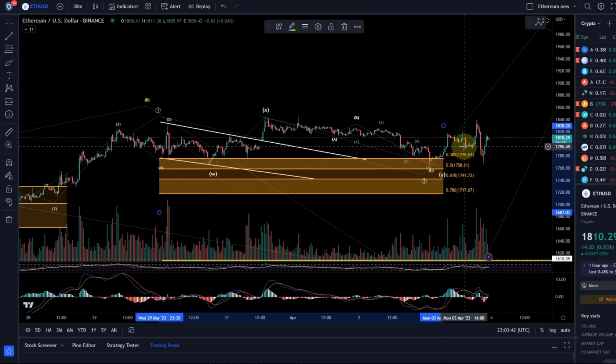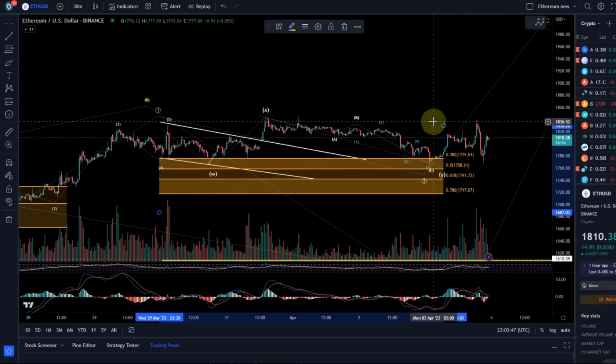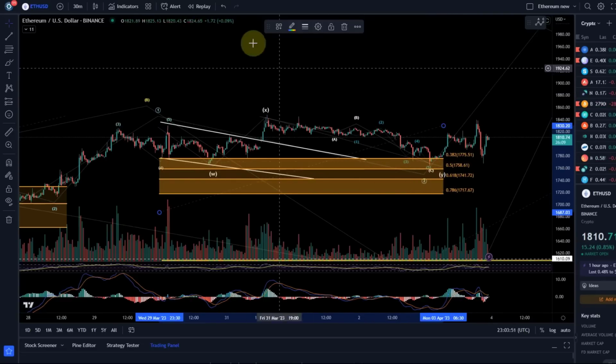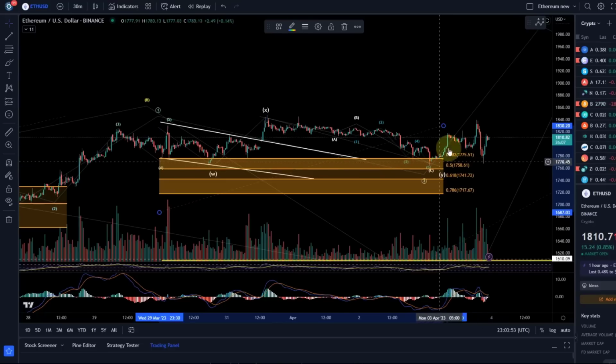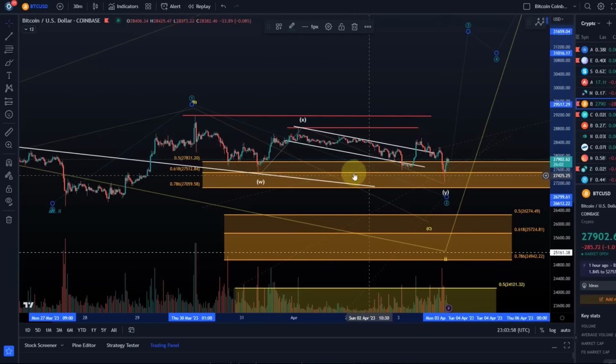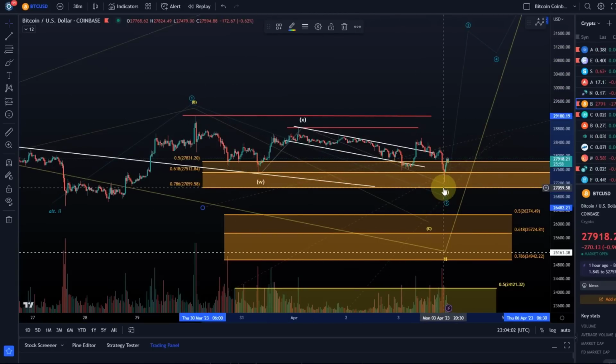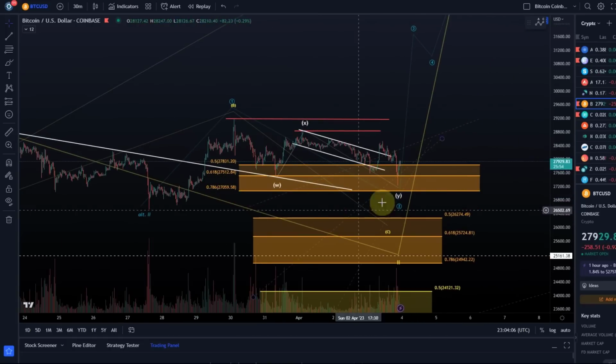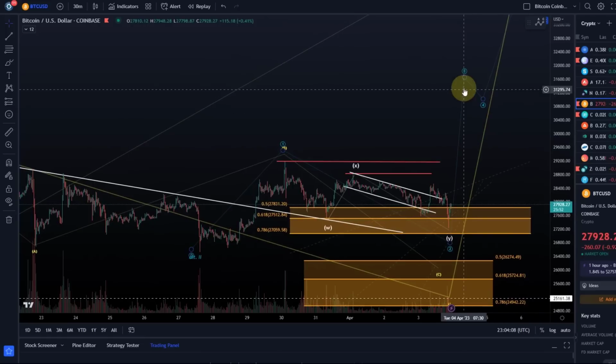This is a clear 3-wave structure to the upside. Certainly concerning. I mean, not concerning when we're still deep, I mean, not even deep in support. We're holding support quite well. But it's not an impulse to the upside here. And Bitcoin did reset the previous low, so it's morphed into a WXY with a deeper Y wave. But we have not even broken 27,060, so the entire scenario is still in play.